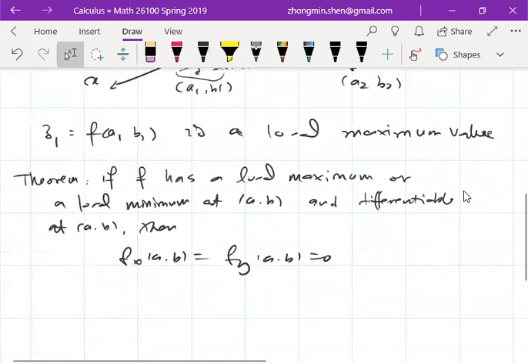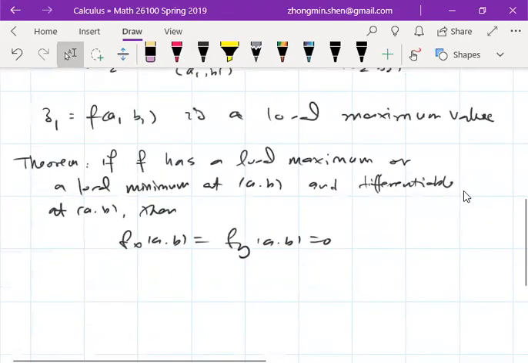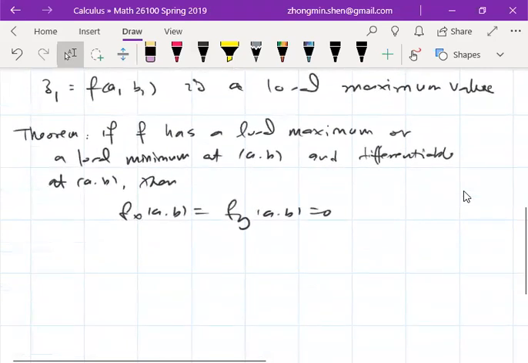Okay, for functions of one variable, this point is called a critical point. So this is a necessary condition, and we can see that. Let's look at some examples. Now, this is equivalent to saying that